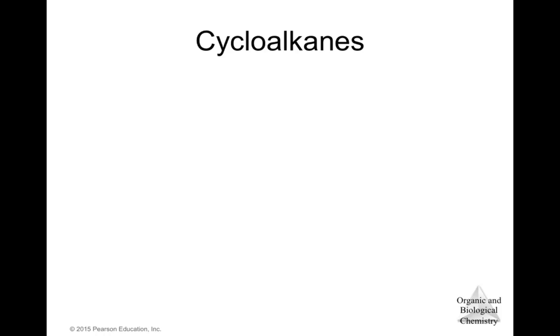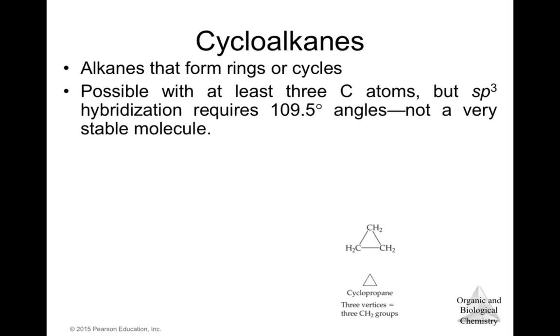Let's talk now about cycloalkanes. The cycloalkanes are alkanes that form rings or cycles. This is possible with at least 3 carbon atoms, but sp3 hybridization requires 109.5 degree angles. So these are not very stable molecules. You can create a ring with 3 carbons, but it's not very stable because we have a lot of tension here, since this angle is lower than 109.5. Also, you can represent the cyclopropane as this or as this, where each vertex is a CH2